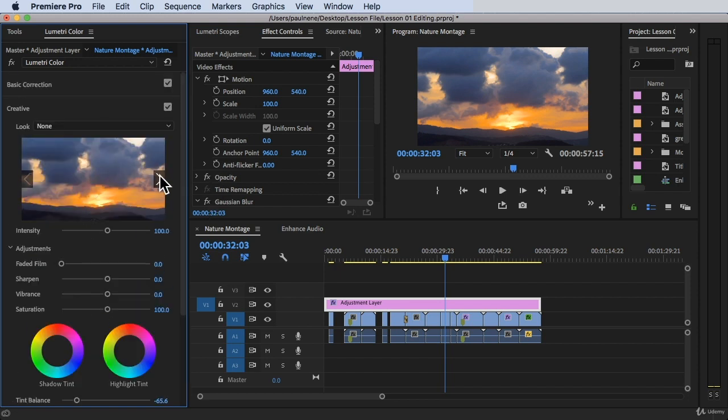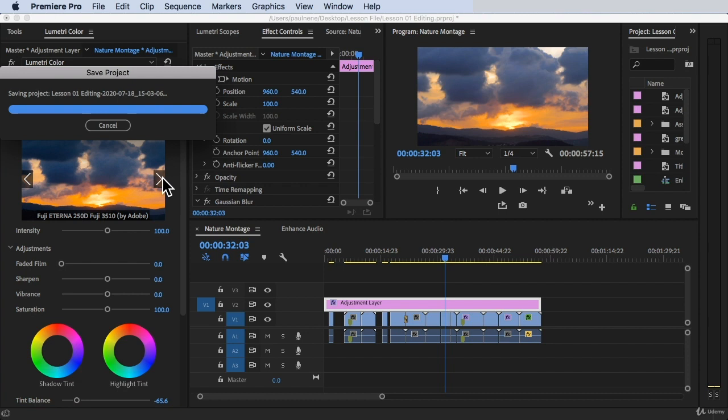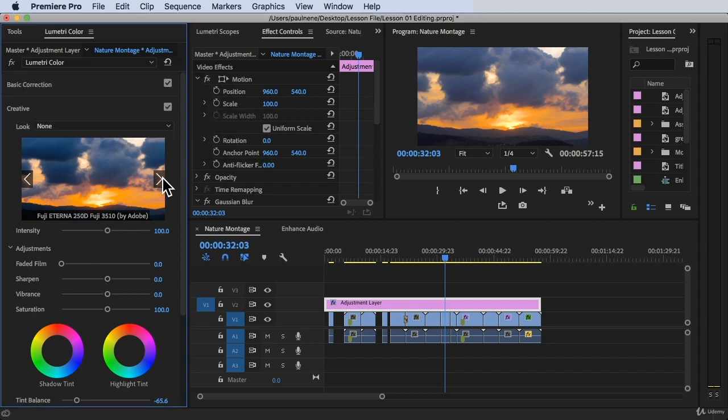That's how you add the creative look inside Premiere Pro. You don't need to use third-party software, but if you want to, you can definitely use that. But inside Premiere Pro, there's already Creative under Lumetri Color that you can use if you want to color correct and color grade your footage inside of